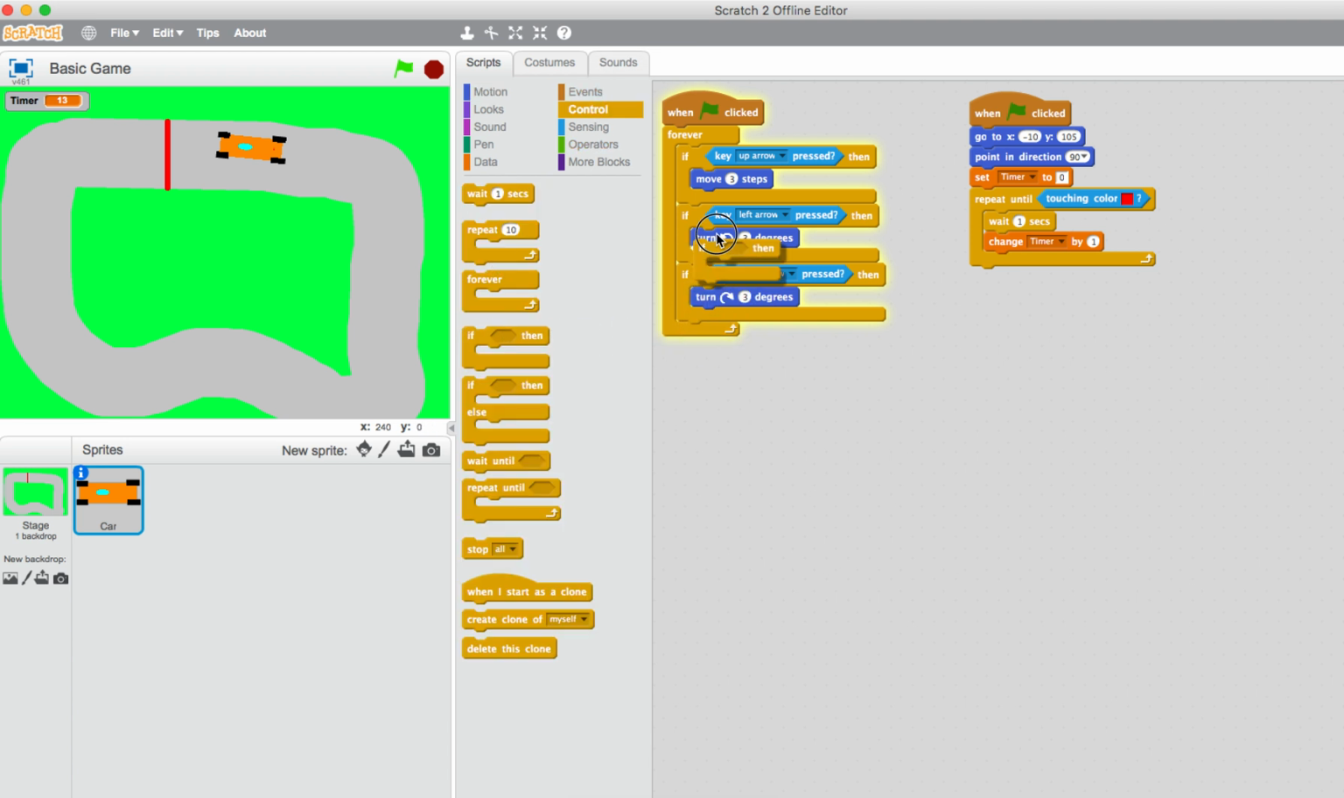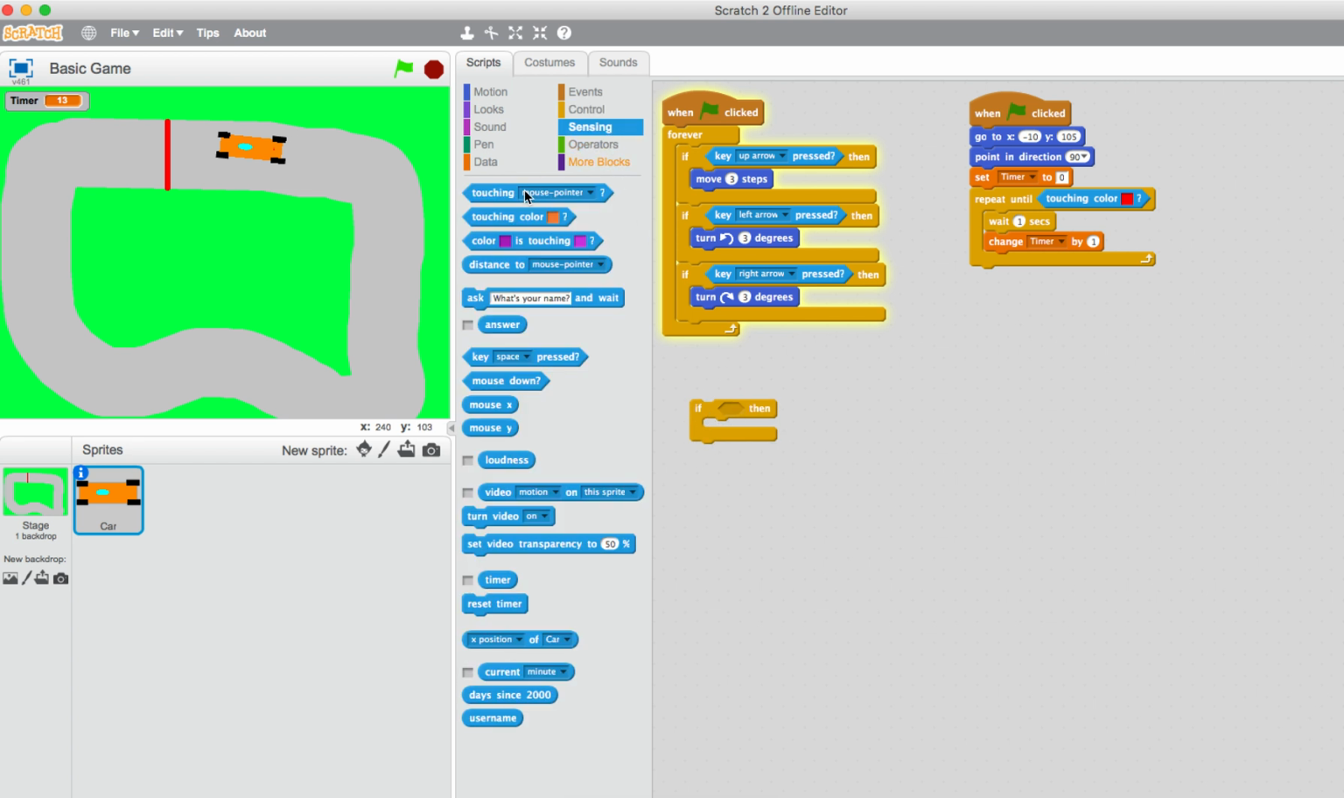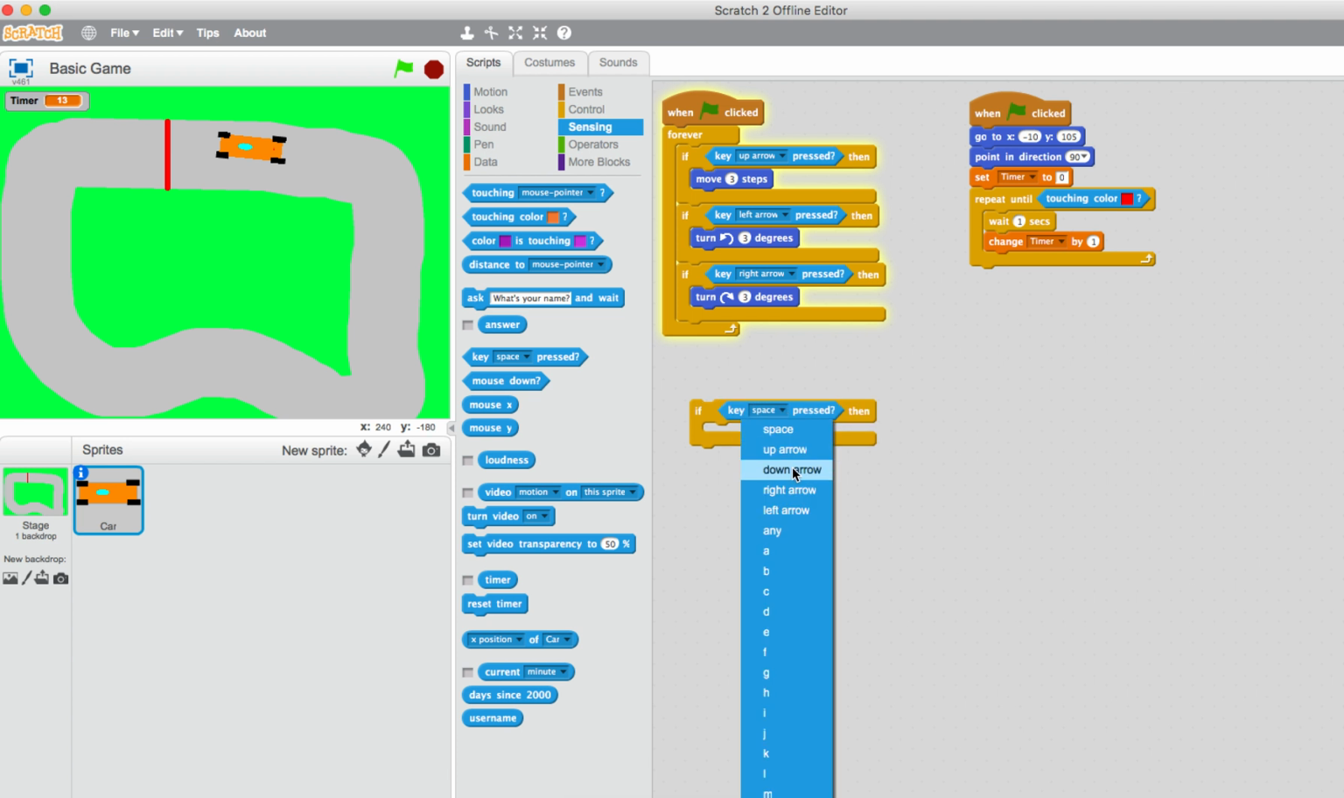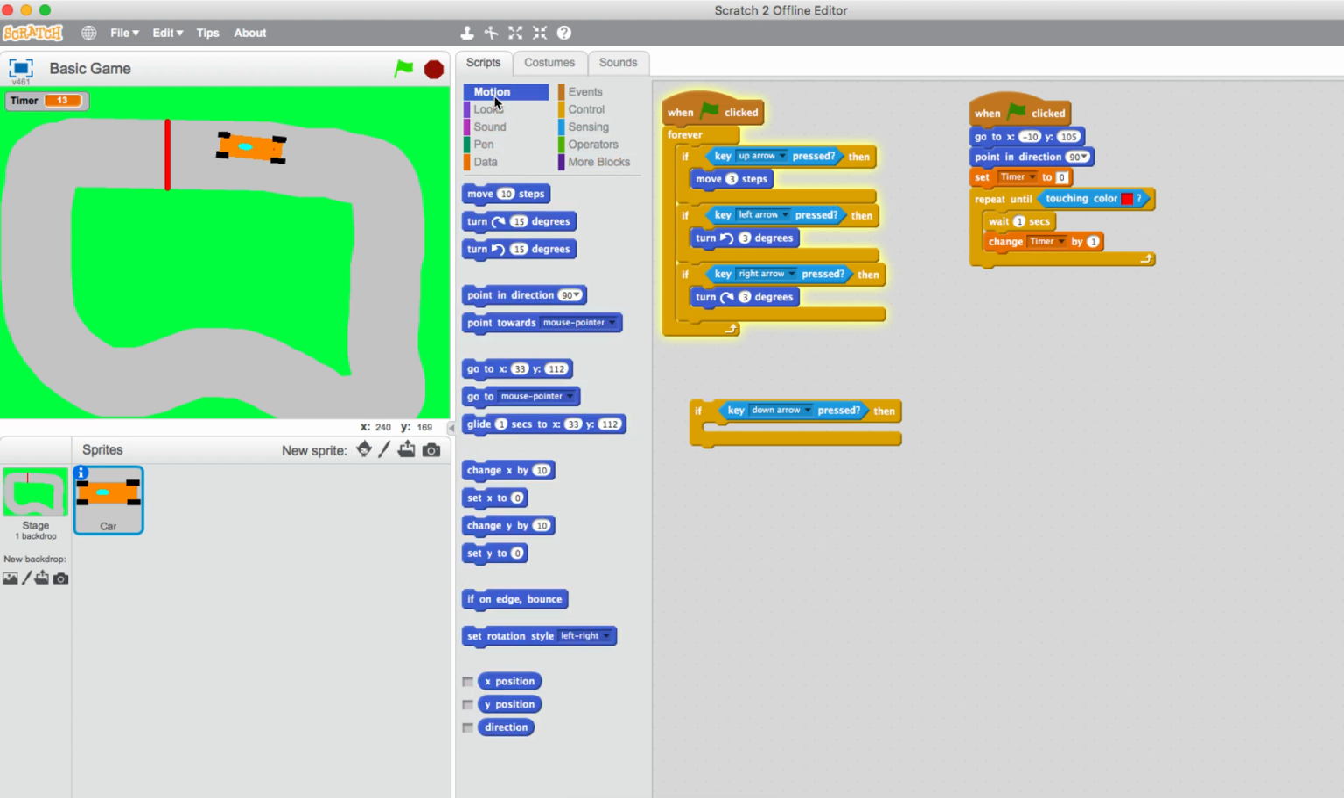So if something, so the key we want to go backwards, we're going to use the down arrow. So if key, there we are, key pressed, and the key we care about is the down arrow. So if key down arrow pressed, then we still want it to move,